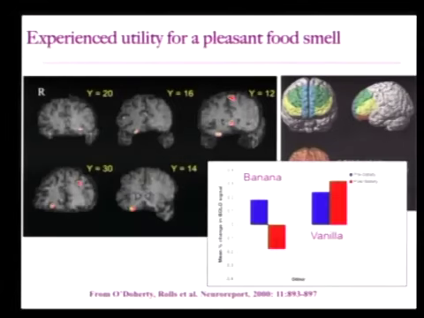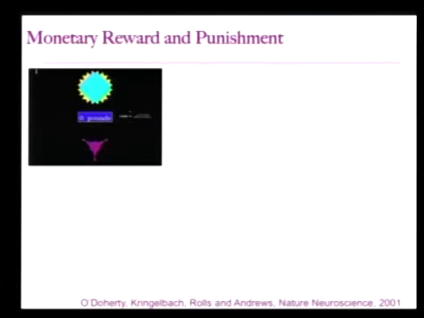And we know that because we can look at the activity there, and basically pre-feeding is blue, post-feeding is red, and there's a big change in the neural activity to the banana, and if anything, the activity to the vanilla has gone up, okay, which might indicate that subjects actually find the vanilla a little bit more pleasant afterwards because it's not the banana, which is now no longer pleasant. Okay. So that's one indication that this area seems to code the experienced utility.